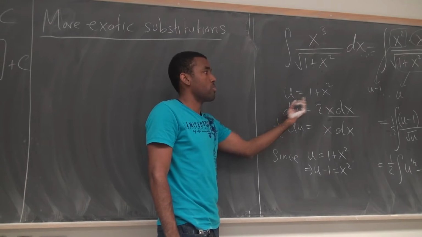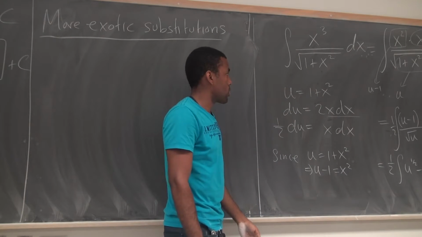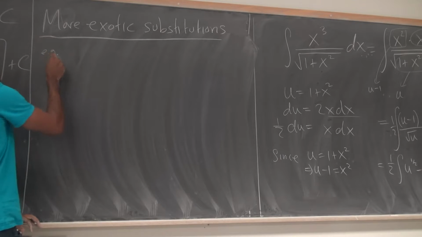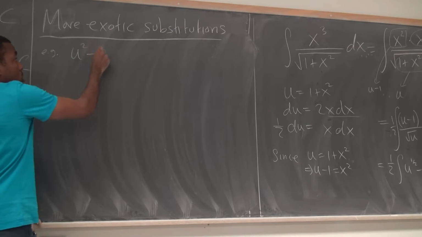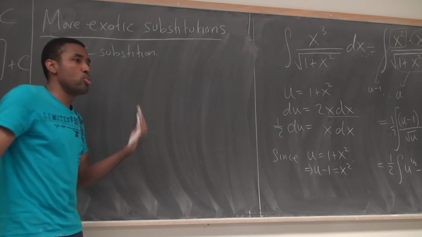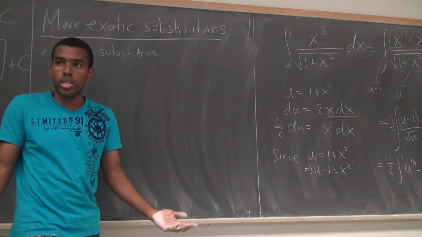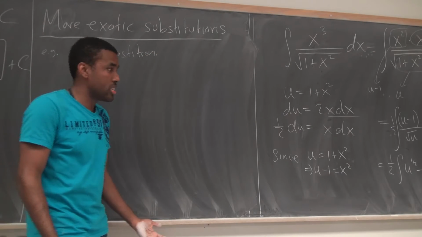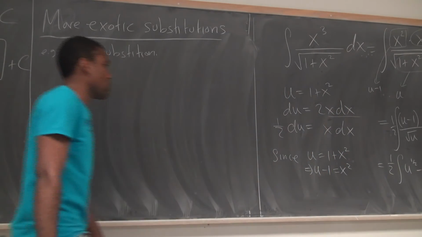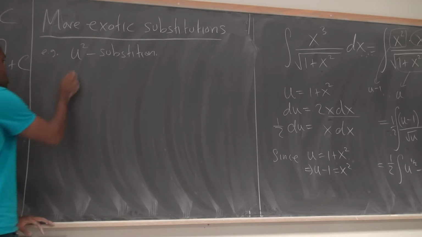You just let a single variable be something else. Or you can do something like u squared substitution, right? So you can let u squared be something instead of just u be something. And it can actually save you some algebra, especially if algebra is your weak point. So something like this, for example,